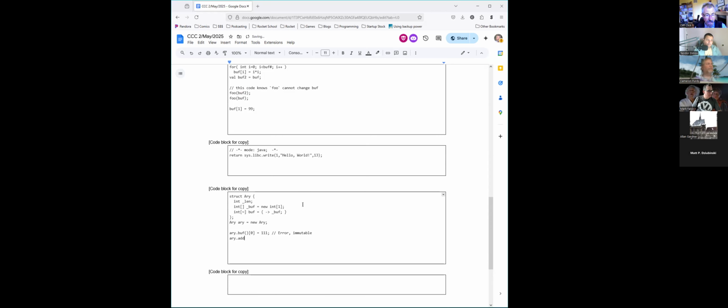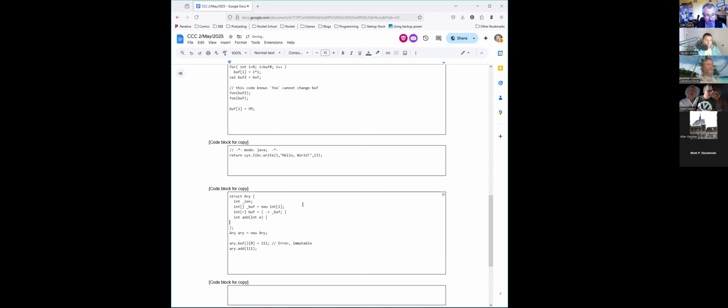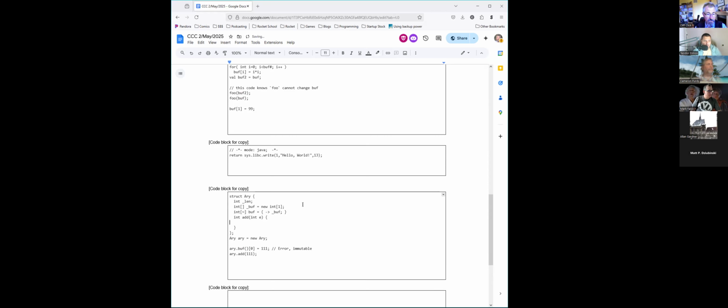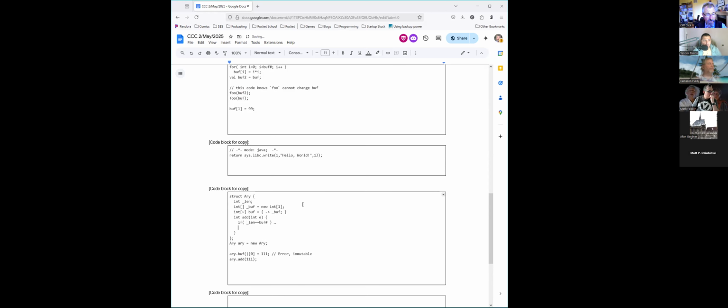But obviously I want an add. I have to add an add call in here. And I don't know what add's going to return for the moment. So let's just say it returns the element you just added. It's probably not the right answer. Some element E, and then there's going to be some range check in here. And if length equals buff length, I have to do a range check thing and expand the array.